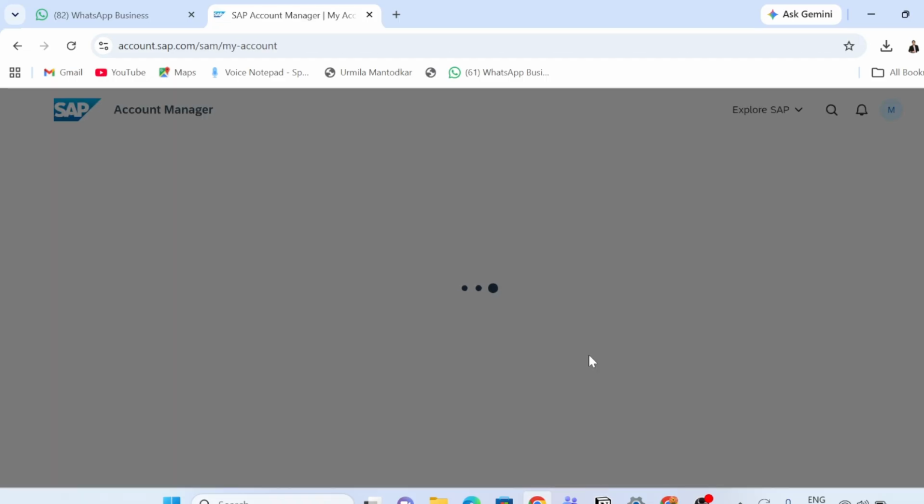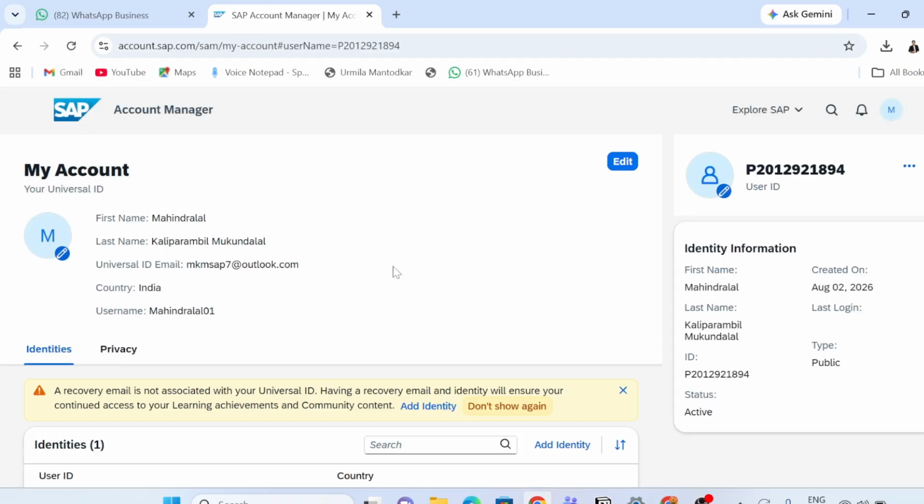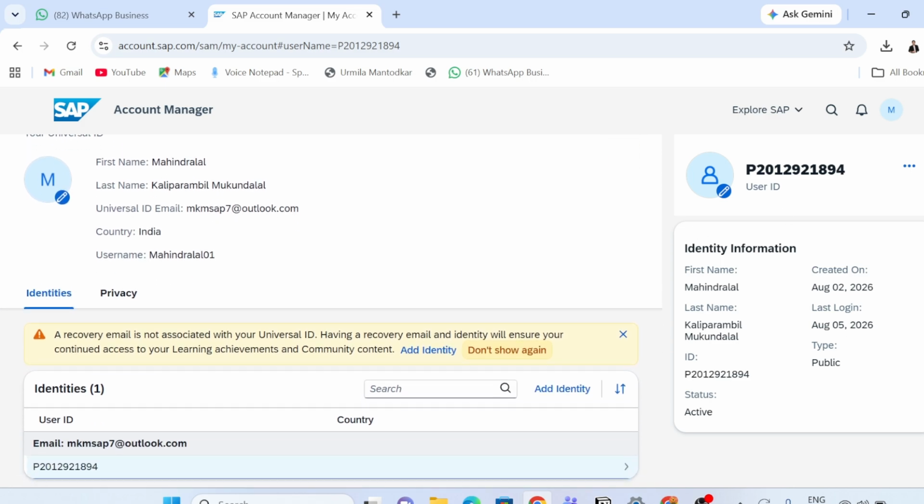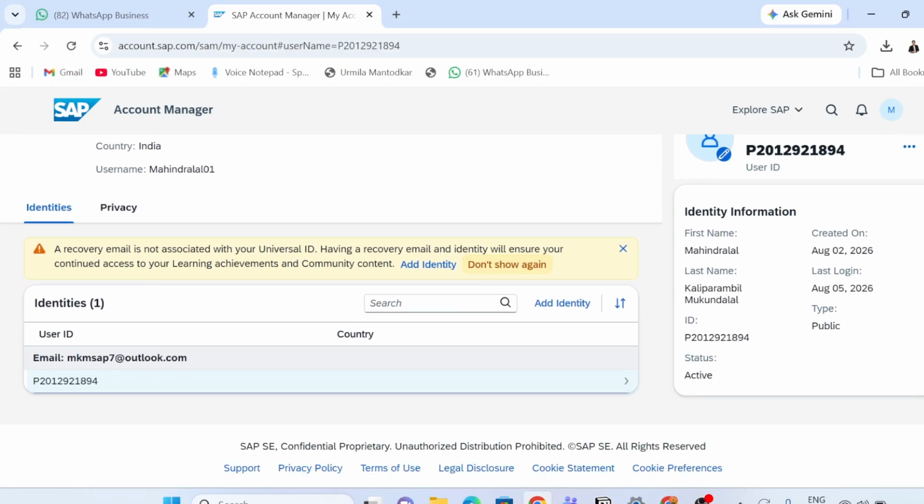Just click on continue once you log in, and this page will come where your name and all these details will be mentioned. Here you need to add another Gmail or another email to your universal ID.